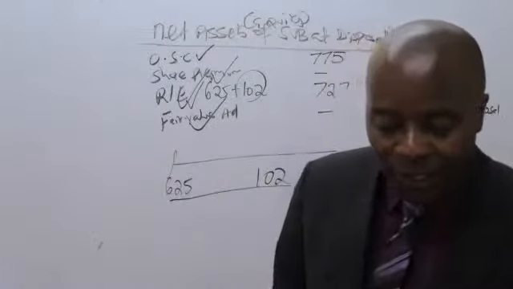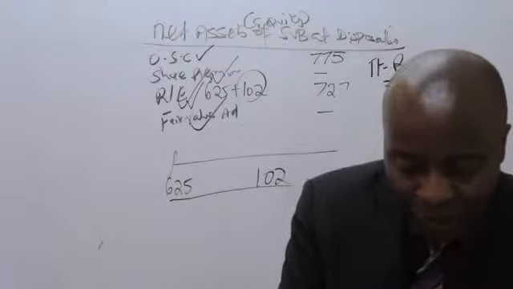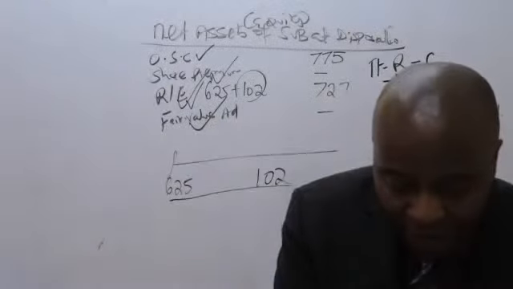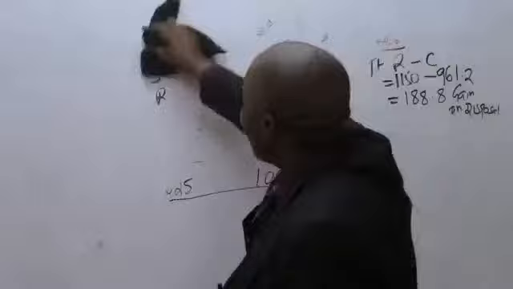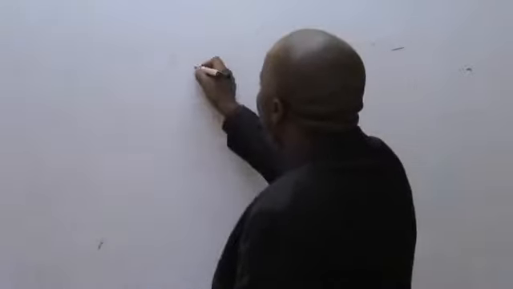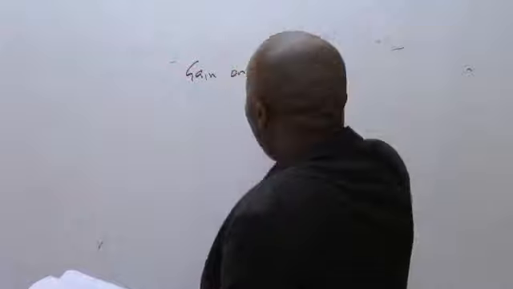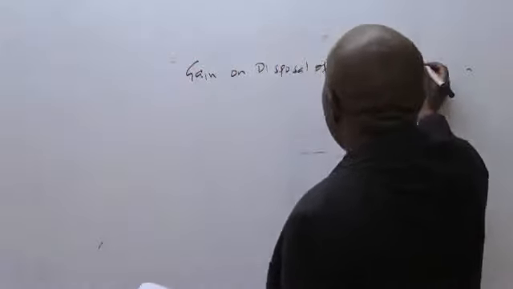Ngoja tuone maajabu ya Musa kama kuna wanafunzi ambao wamemaintain vitabu zao vizuri. Kuna mahali wamesema gain on disposal of shares. Kuna kalaini tuliwacha pale katika consolidated income statement. Kuna kalaini ambayo tuliacha mahali jameni. And if I remember, if I can pick it from somewhere, kuna kalaini ambako kalikuwa na gain on disposal of subsidiary. So ningetaka uniandikia hapo